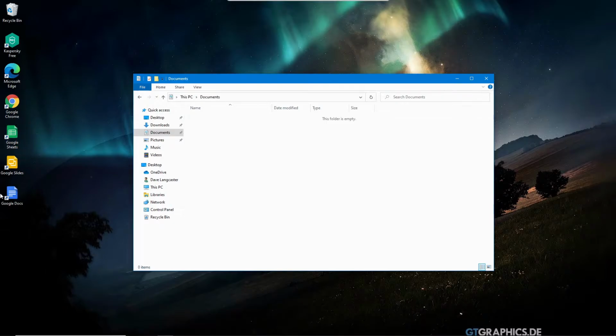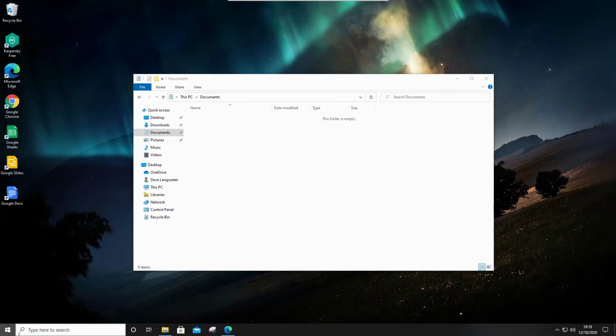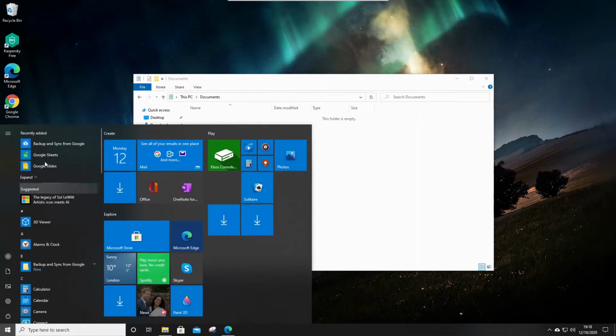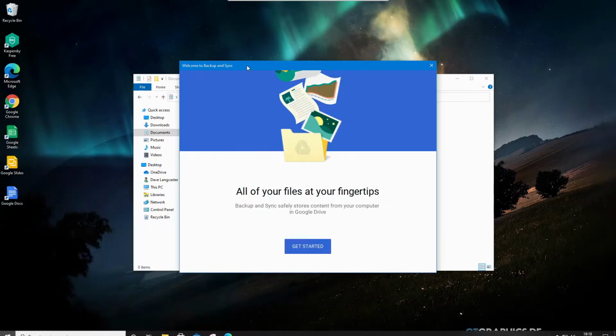You'll notice it's also added some things to my desktop, so it's added a Google Sheets link, a Google Slides link, and a Google Docs link. If I go to my start menu, you should see Backup and Sync from Google appears in the list there, so that's installed properly, and then you should see in the background, look, it's starting the Google Sync setup process. So we need to click on Get Started,